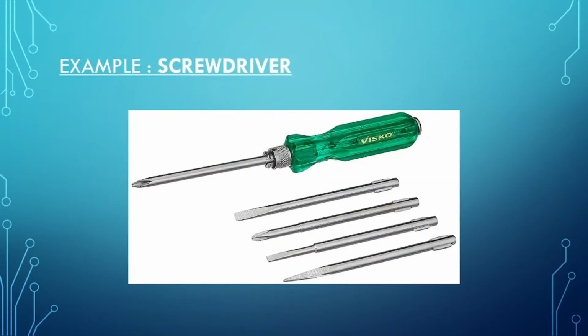The next example, if we see a screwdriver, there is one handle, but there are lots of different drivers you can attach to the one handle. So this is a kind of polymorphism that says that there is only one object, but you can attach it to